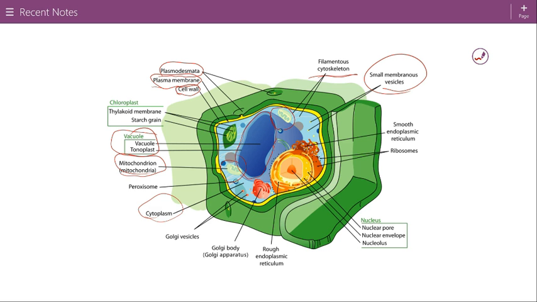We have over here the smooth endoplasmic reticulum, which are these kind of hairy things. And they synthesize lipids, phospholipids, and steroids, and they're useful in a lot of metabolic processes. So they are taking different chemicals from the cytoplasm, and they are turning it into the things that the cells need. With the smooth endoplasmic reticulum, we also have the rough endoplasmic reticulum, and they, along with the ribosomes,